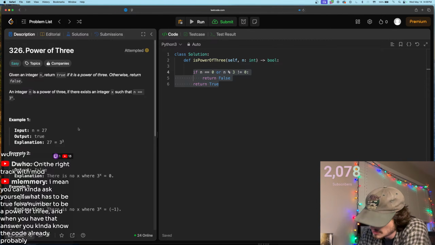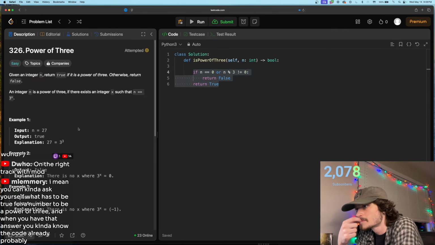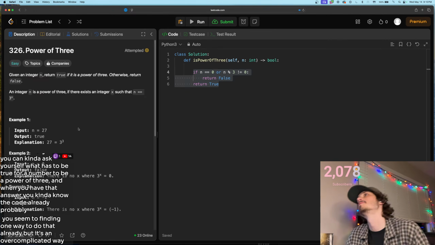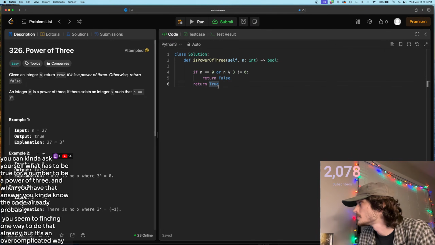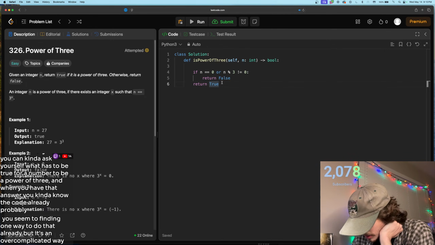Lemery says you can ask yourself what has to be true for a number, and when you have that answer, you know the code already. So then if we have the previous power... Lemery says you seem to have found one way to do that already, but it's an overcomplicated way. Let's say every power of 3,